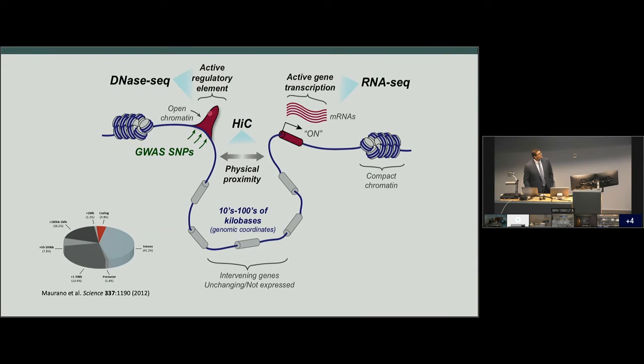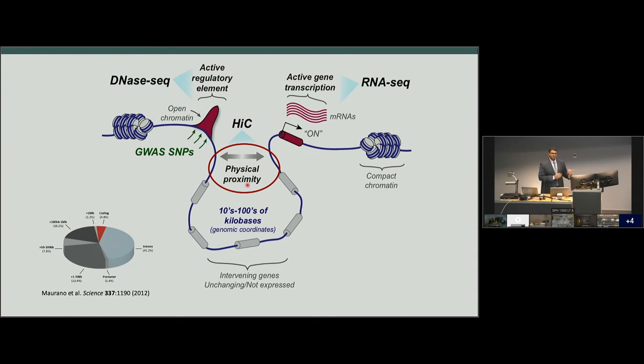How do we connect a risk variant, or a GWAS SNP, located in an enhancer to a particular target gene, when there are many potential targets? We can use this measure of physical proximity as well, to say that this enhancer is brought close to its target when it's activated, to identify a potential target gene. So let's step back again and ask, how are we going to apply this to the kidney?